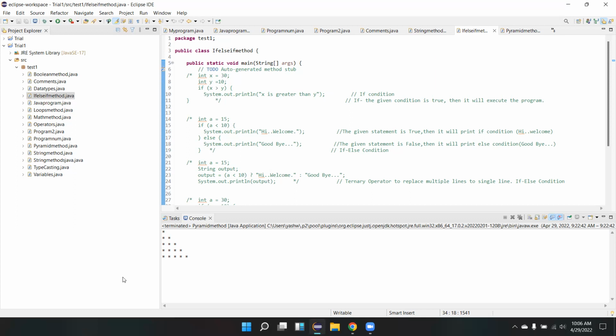For example, if tomorrow is a holiday, I'll go for a movie. You're keeping a condition with an if, or a clause, so that if it is true, then you'll do it. If I know driving, I'll drive to Hyderabad.